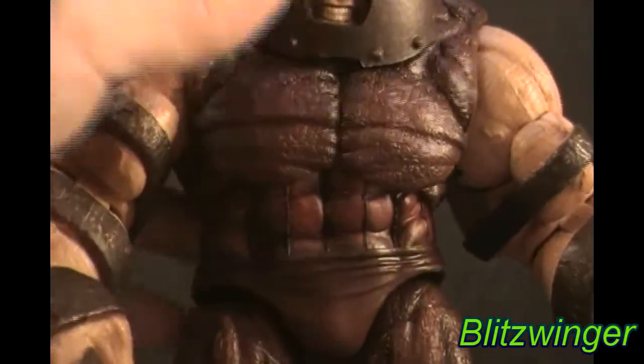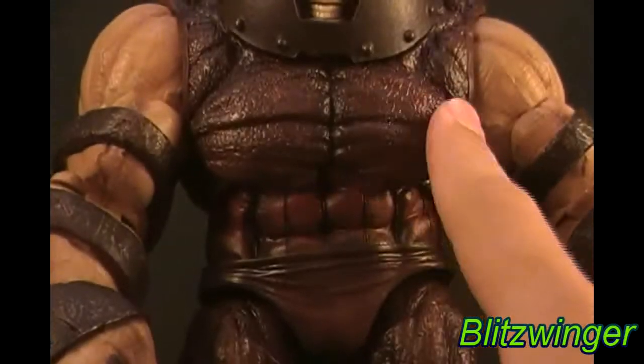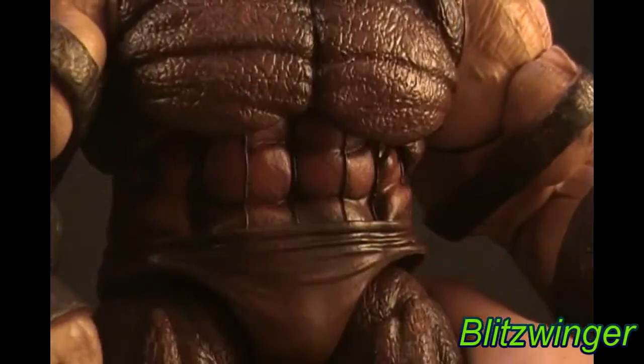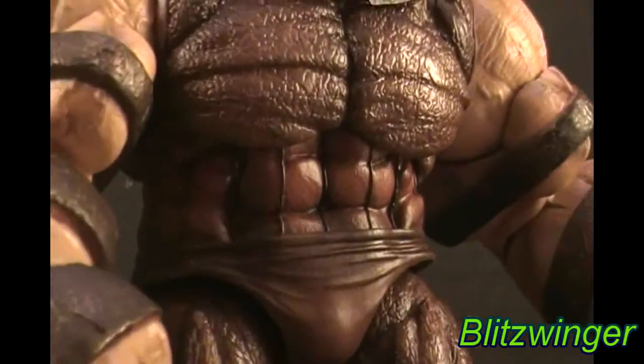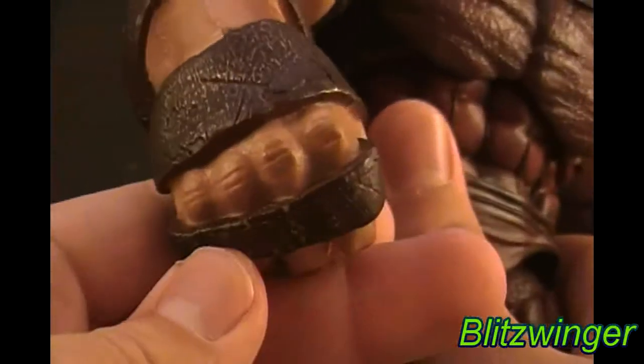As we go more down towards the body area, as you can see, a lot of cool muscle ruptures and muscle rivets and detail and kind of scaly design on the chest piece here to make it seem very tough and durable. And then his arms have really cool little brass rings following from the bicep muscle all the way down to the knuckle